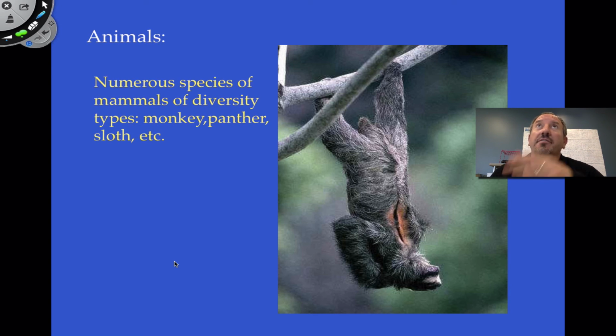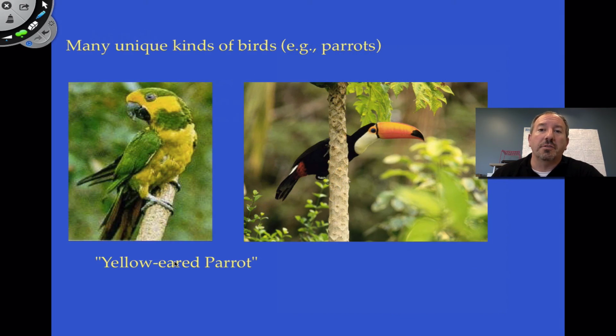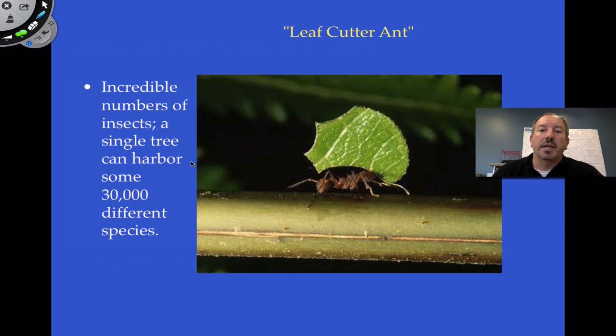And so most of the life, you'd have to look up when you're in the tropical rainforest, kind of dark on the ground. So cool birds, like for example, these parrots are there. And some interesting thing, if you're a bird expert, you can tell a little bit about where the bird might be living just by its coloration, if it's blending in to certain parts of the tree. And then you get all these wild things like these leaf cutter ants that are harvesting all these leaves, and they're chewing them up, and they're like little farmers, and they're growing their own mold, and then they're eating the mold. It's incredible. And again, the species diversity, look at this. A single tree can harbor 30,000 different species.